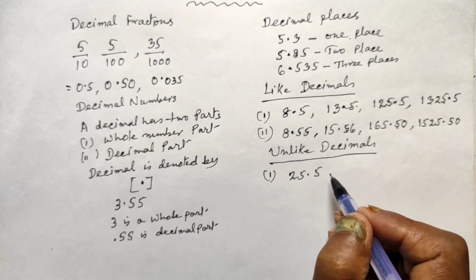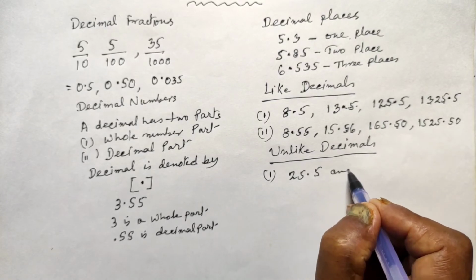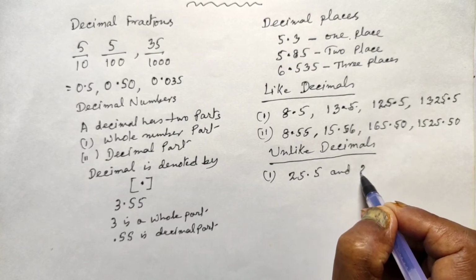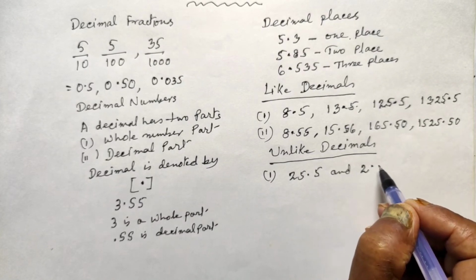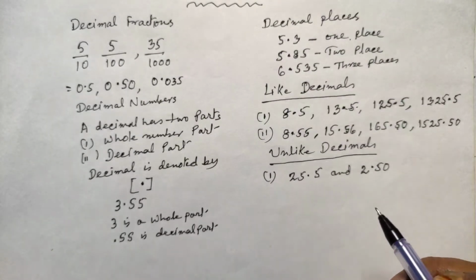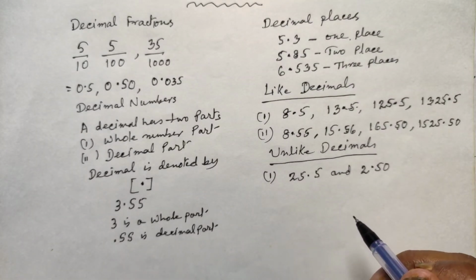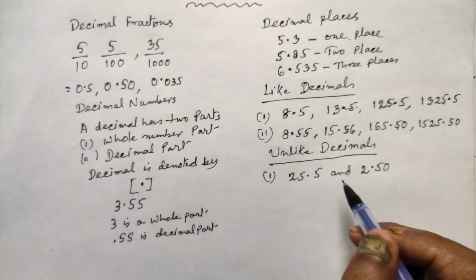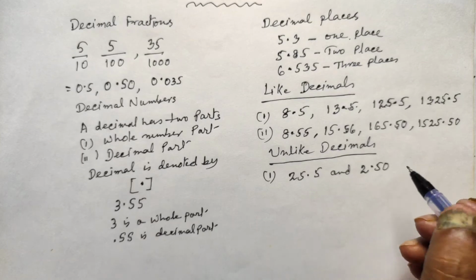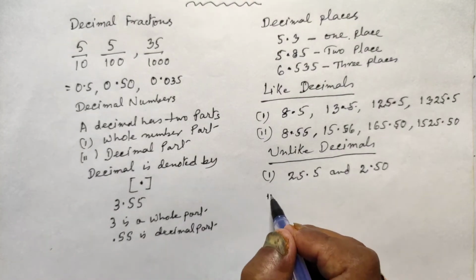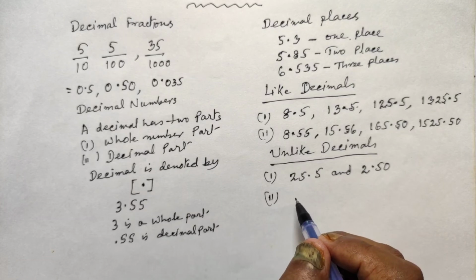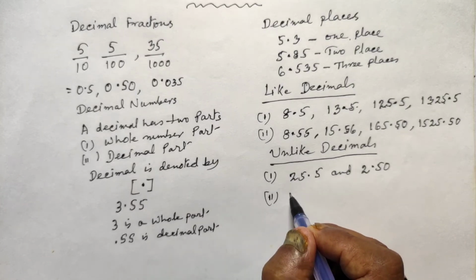25.5 and 2.50. Over here they are unlike decimals. This is unlike decimals. This is the number one example. Number two example, we can give you